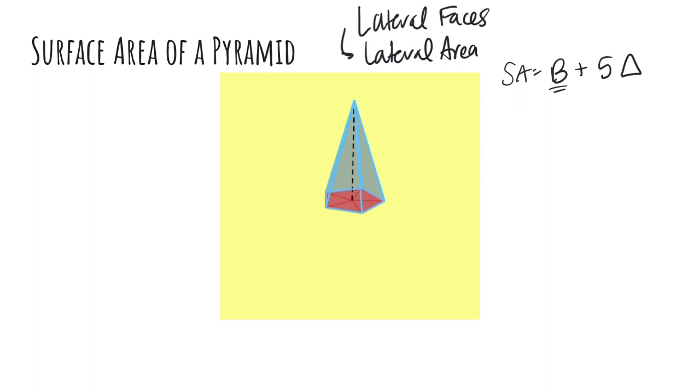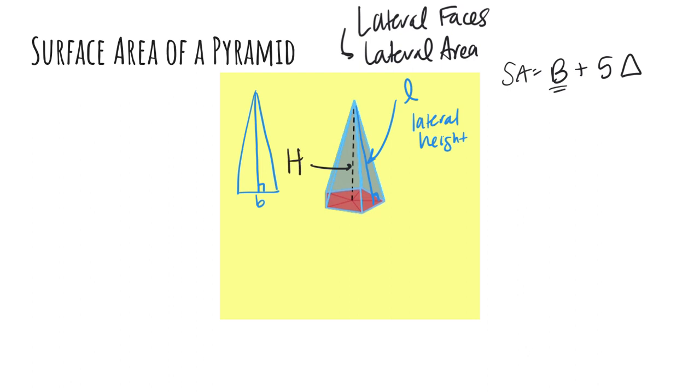First and most importantly is that we have this height of the triangle right there. Remember when it was laying flat, in order to find the area of that triangle, we need to have the base times the height inside the triangle. We call that height L for lateral height because it's not the same as the three-dimensional height of the whole